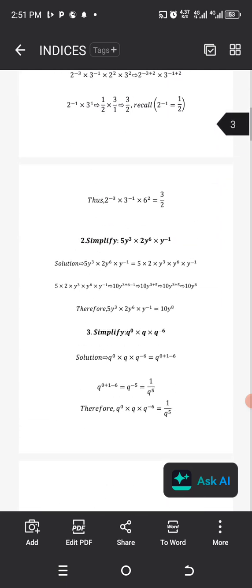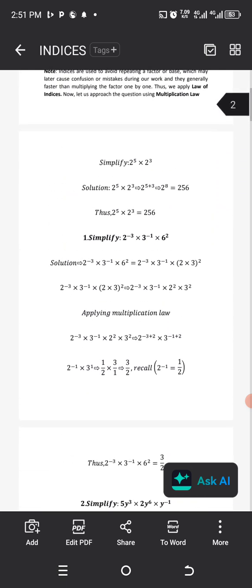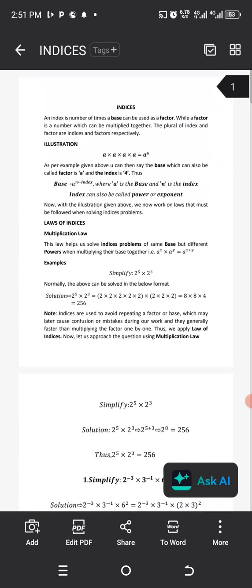Division law, multiplication law. And that is all about